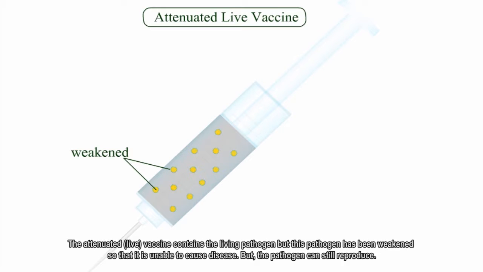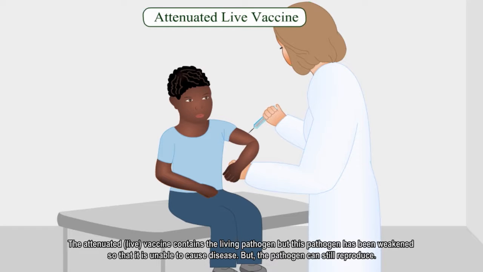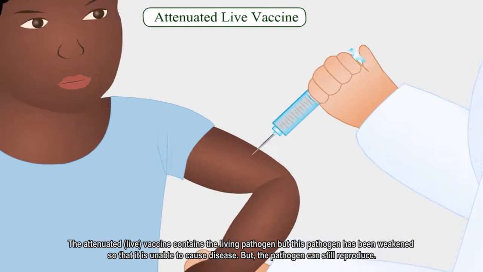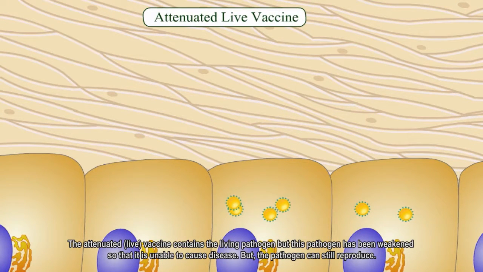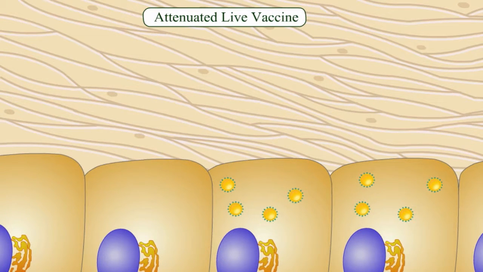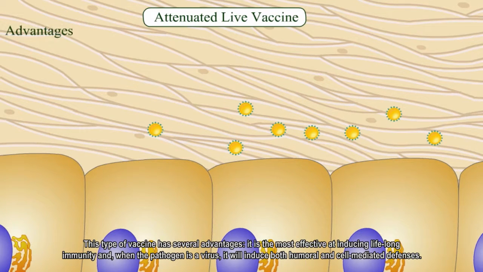The attenuated live vaccine contains the living pathogen, but this pathogen has been weakened so that it's unable to cause disease. But the pathogen can still reproduce. This type of vaccine has several advantages. It's the most effective at inducing lifelong immunity, and when the pathogen is a virus, it will induce both humoral